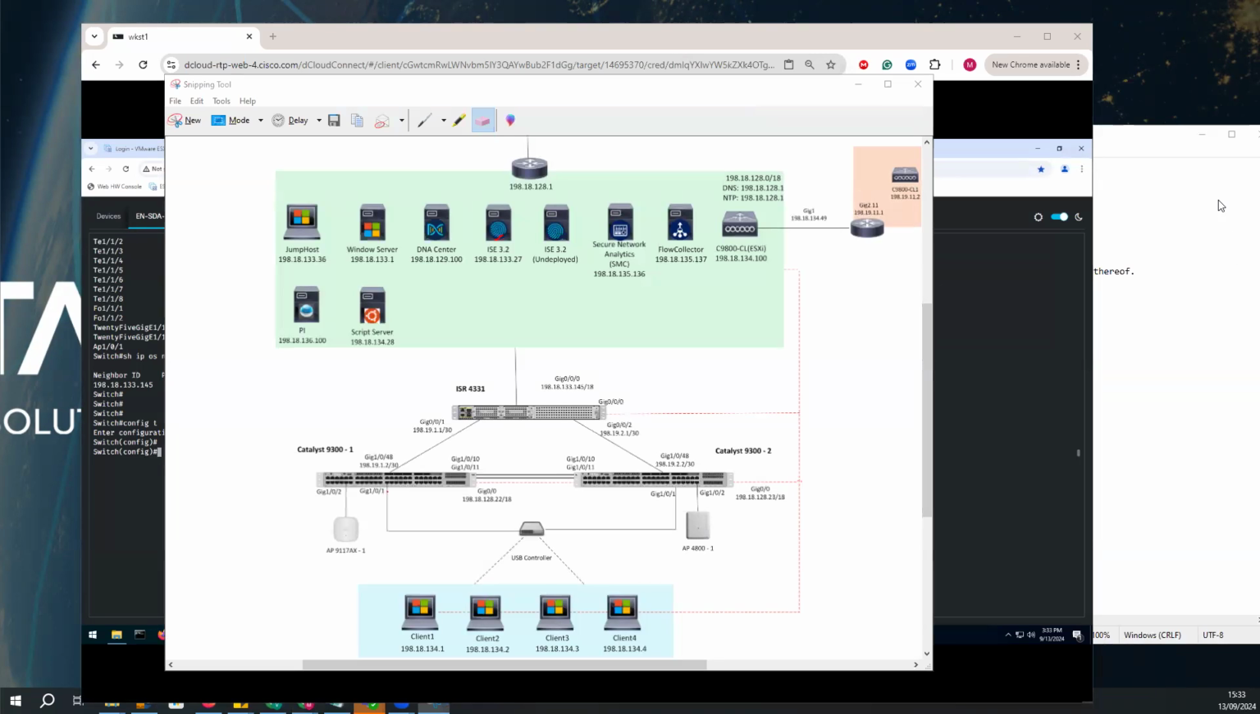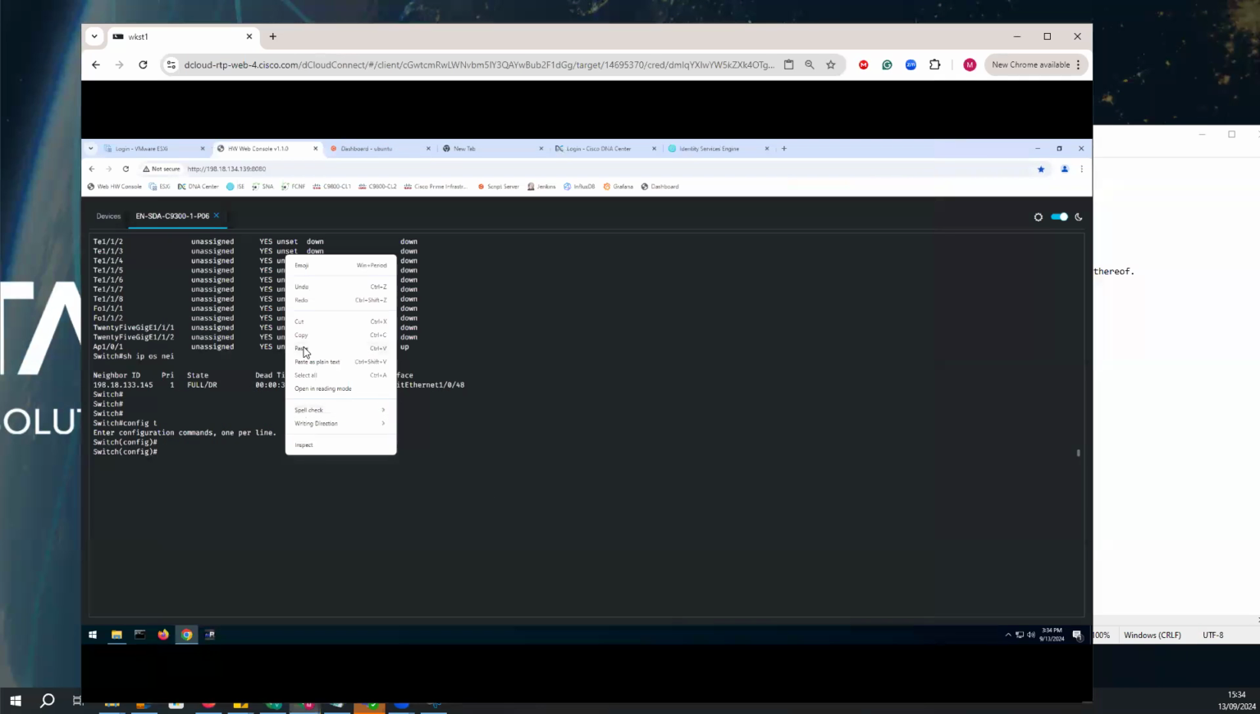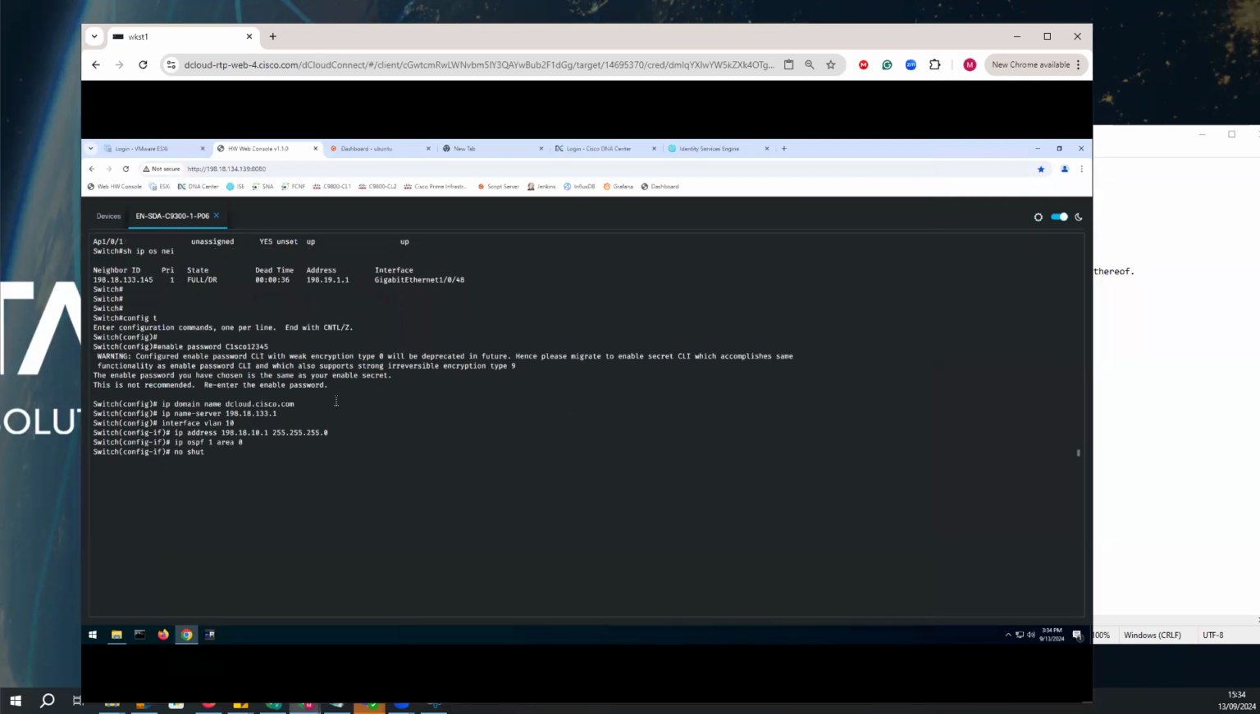What I'm trying to do here is create the SVI 10. I'm trying to advertise it in OSPF to this router. And this router has ISE access, this ISE which is sitting somewhere in the cloud. Okay, so if I go and paste this,